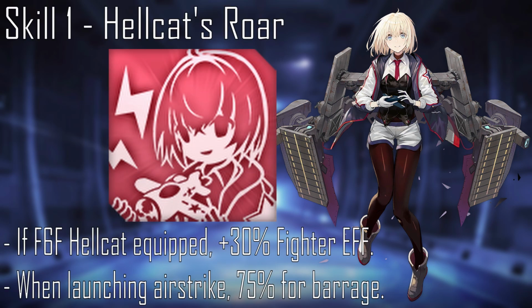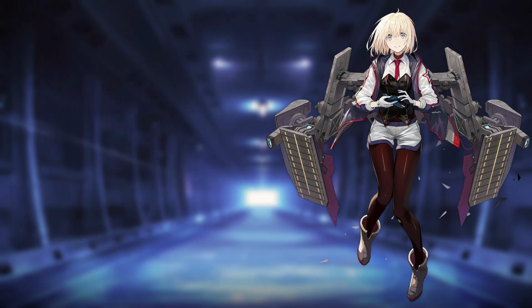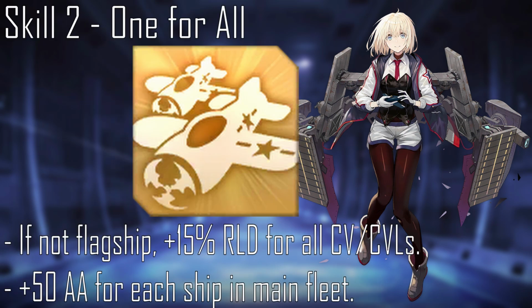Bataan has 2 skills, which focus on buffing herself and other carriers. Bataan's first skill, Hellcat's Roar, at level 10, if Bataan has an F6F Hellcat equipped in her fighter slot, she gets plus 30% fighter efficiency, and when she launches an airstrike, there is a 75% chance to launch a barrage of F6F Hellcats. Her second skill, One for All, at level 10, if Bataan is sortied in a non-flagship slot,